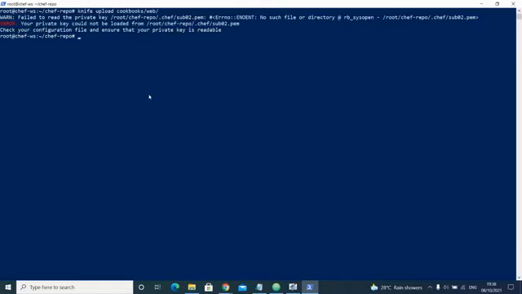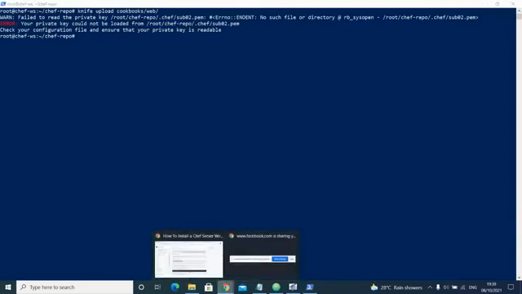Okay, the key error is there. What you have to do is regenerate the key file. It is saying private key could not be loaded. So what I have to do is recreate the file actually. So we'll do that one.